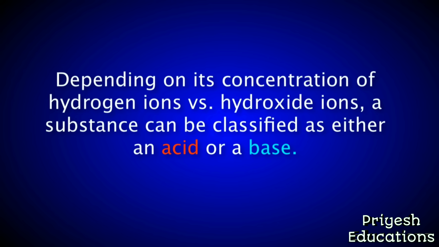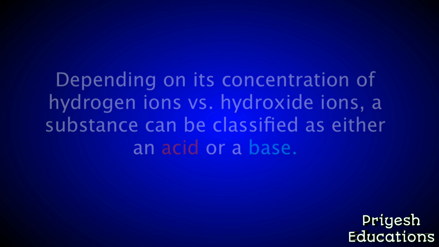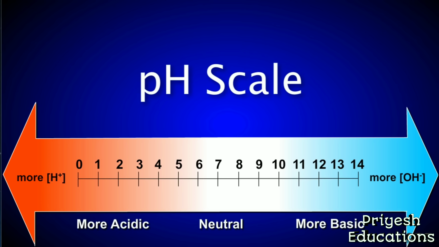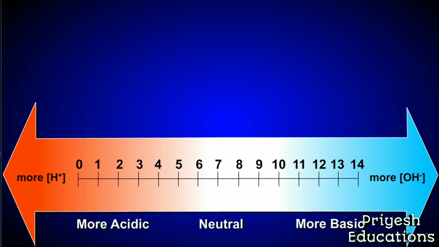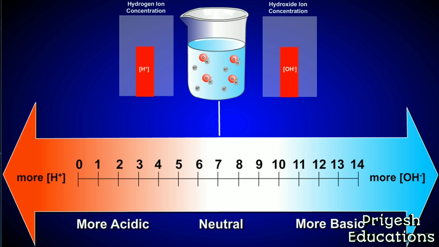Depending on its concentration of hydrogen ions versus hydroxide ions, a substance can be classified as either an acid or a base. The pH scale measures how acidic or how basic a substance is. It ranges from 0 to 14, with 7 being neutral. When a substance has a pH of 7, like water does, it releases an equal concentration of hydrogen and hydroxide